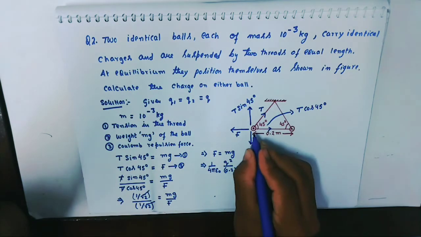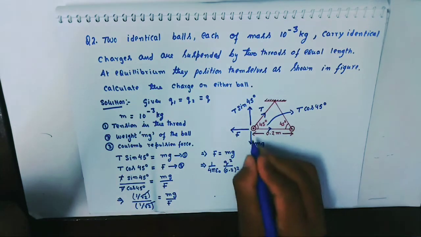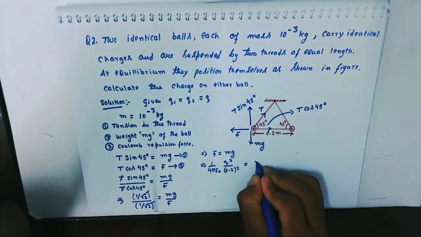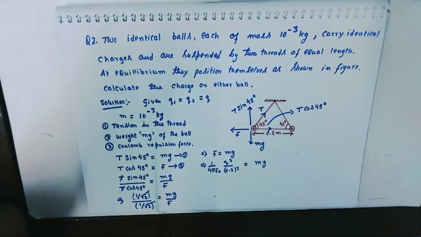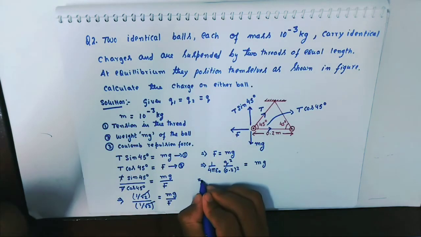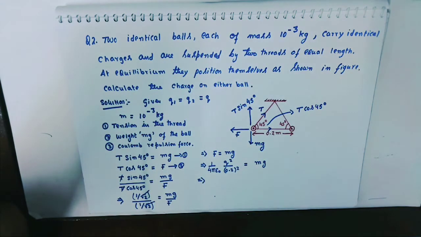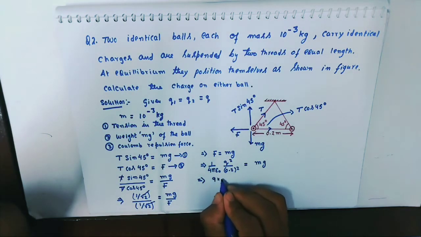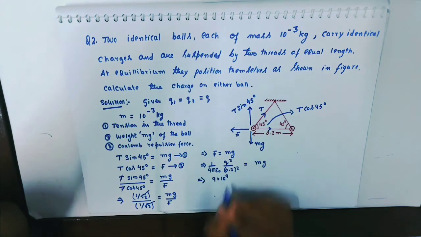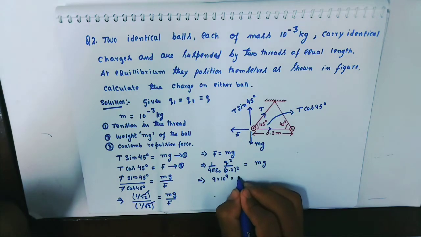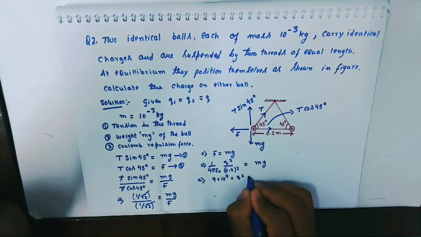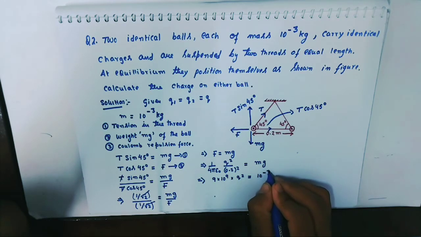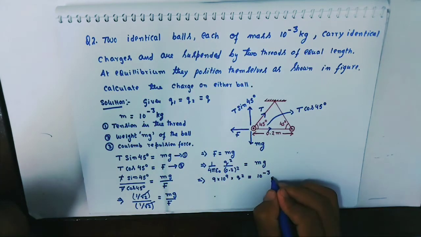Here the distance between these two balls is 0.2. So this is equal to mg. The value of 1 by 4 pi epsilon naught is equal to 9 into 10 to the power 9. So q square is equal to 10 to the power minus 3 kg